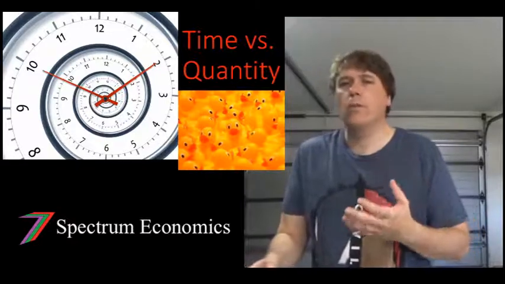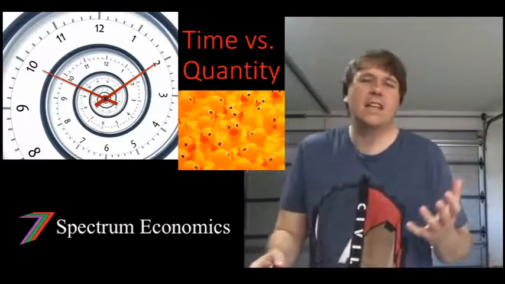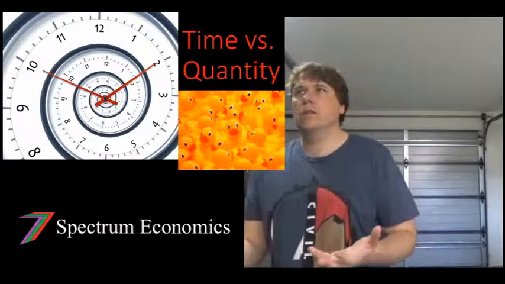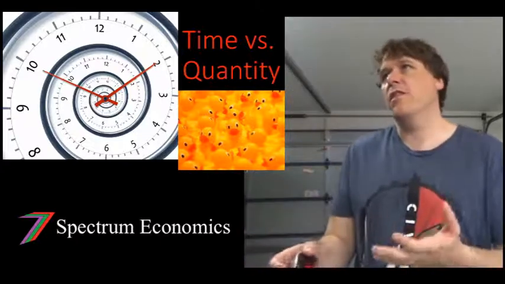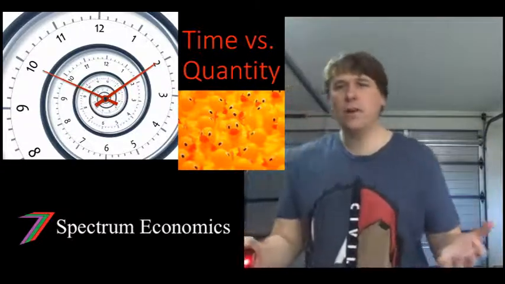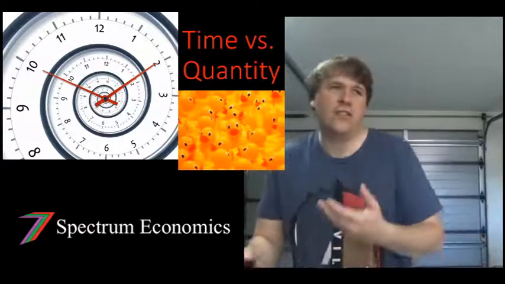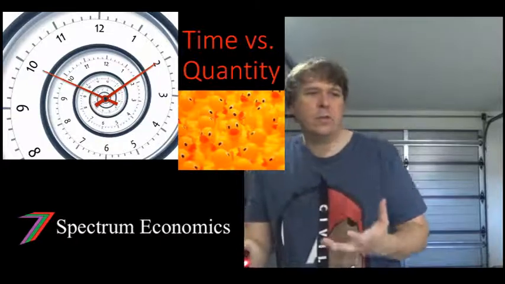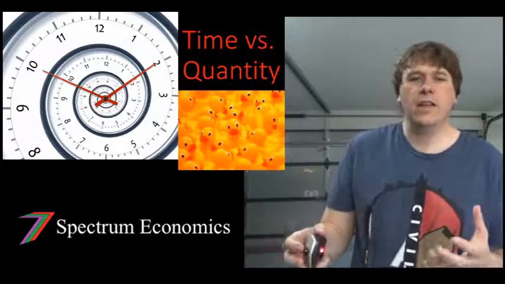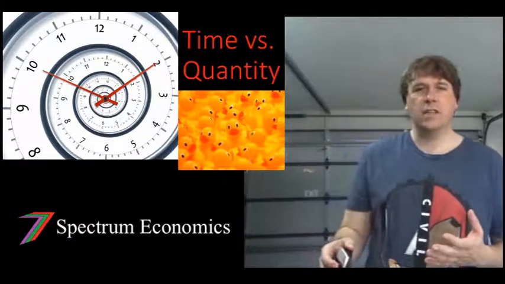For example, one person may have 10 cars, another person may have 1 car, but the person with 10 cars never gets to use or see the cars, because they could be working all the time, or constantly traveling. So utility from actual usage is diminished, compared to a person who's got 1 car, who may actually enjoy his car all the time. He's with his car, he's cleaning his car, he's driving his car, his car becomes a big part of his life. So you can see there's a difference between actually having time with something and actually having a larger quantity. This is what we're going to cover in today's presentation.